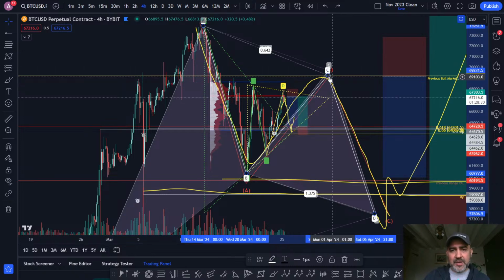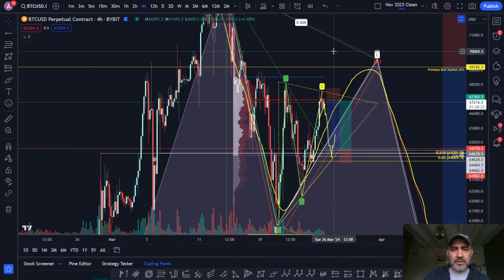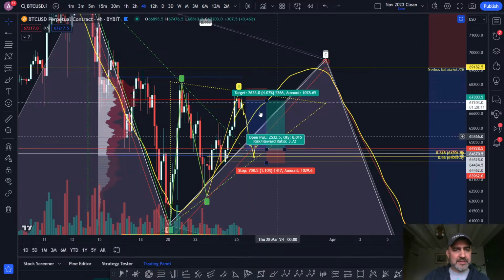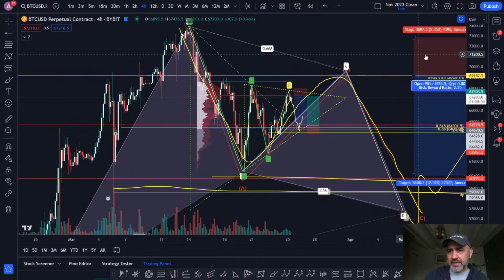And for all intents and purposes, this is still going up. I'm not going to just long into the point of control. That doesn't make any sense. I'll be longing down here on the pullback. Here, I'll be looking to short because we're into the point of control and it's offering a little bit of resistance. But it doesn't mean I think Bitcoin is going down. It just means that I'm just taking a trade. All right, that's Bitcoin. Unless there's any questions, I'm going to quickly move on to